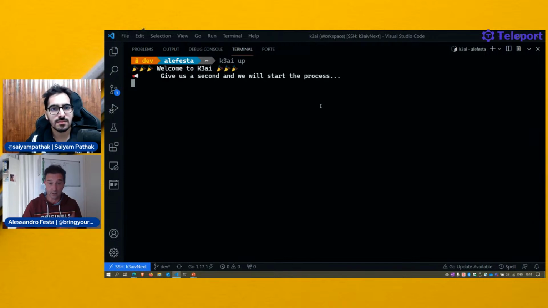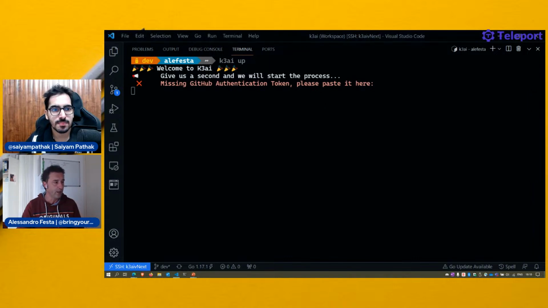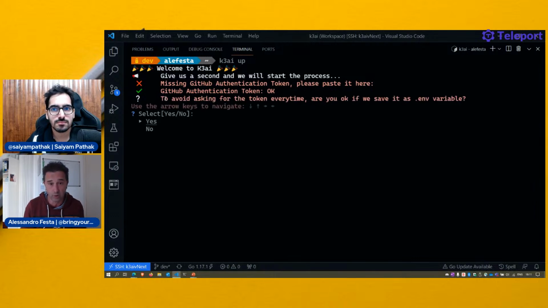So I'm going to start. This is the first time, so it welcomed me, and it asked me, okay, can you give me your GitHub token? Now, this is really a super simple token. It's just something that we use to bypass the limit of API authentication in GitHub and get more requests. Once we copy the token, it checked the token and said, okay, the token is okay. It means you can actually access the API.